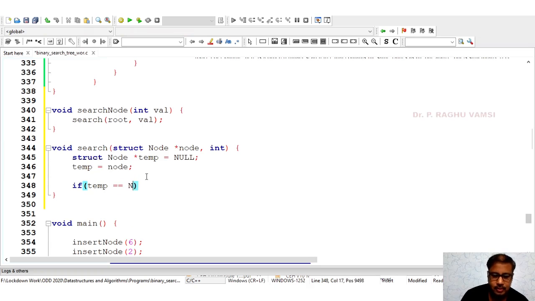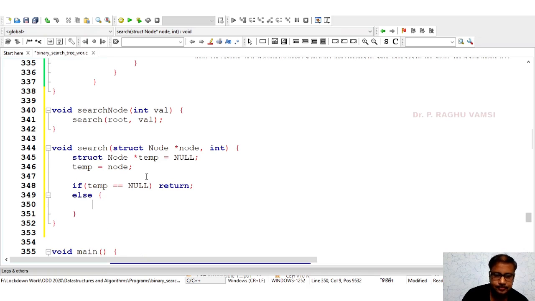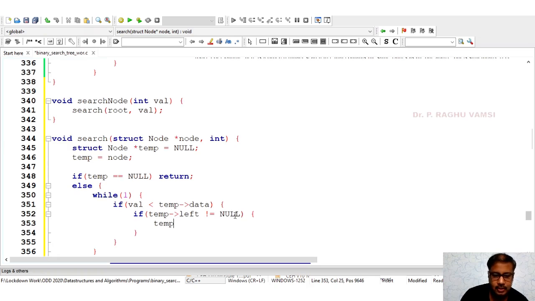If temp is equal to null, then simply return, else while one, if temp data, that is value is less than temp data, then if temp left is not equal to null, then temp is equal to temp left.